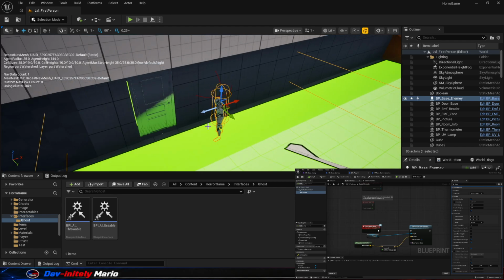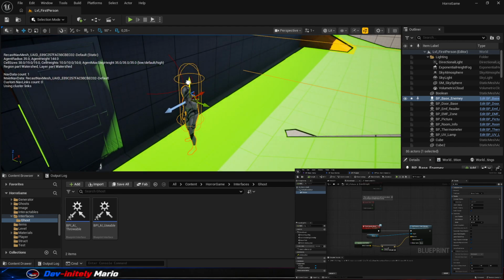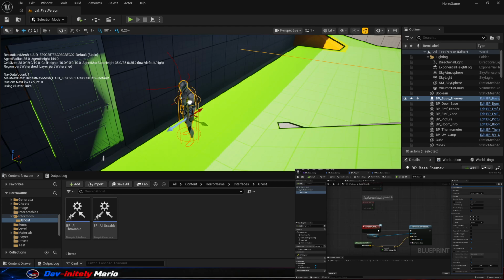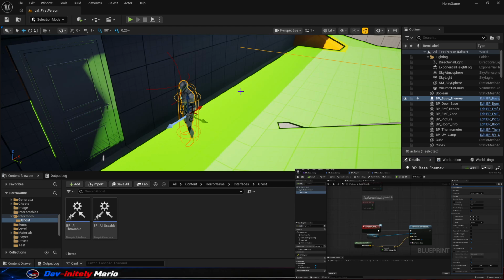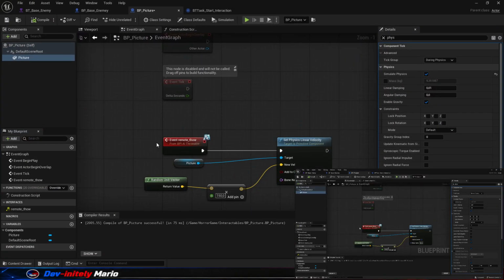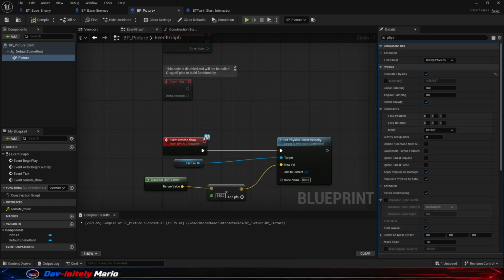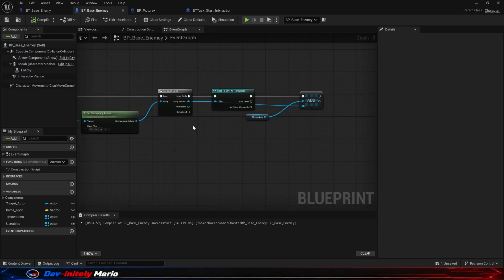So, and now we want to see if we use usable. For that I will blend this out. We go back to the enemy and you see